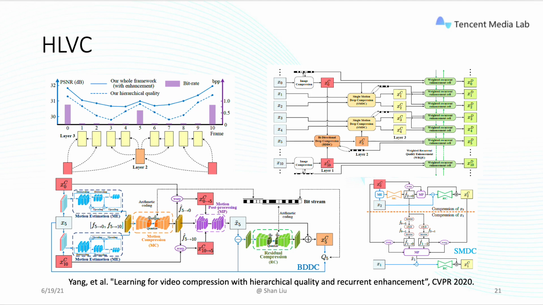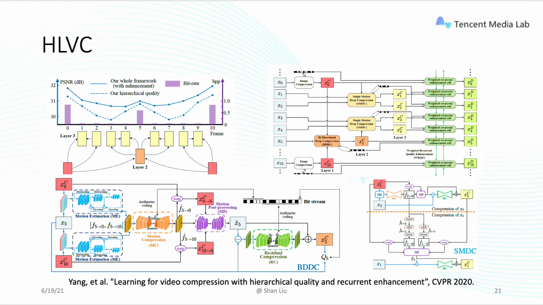The frames in layer 1 consume the highest bit rate and have the highest compression quality. As they are not predicted from other frames, they are able to stop error propagation during video coding and transmission as well. More importantly, these frames provide high quality references to layer 2 and 3 frames and thus benefit the compression overall. The frames of layer 2, the orange frames in the figure, are in the middle,